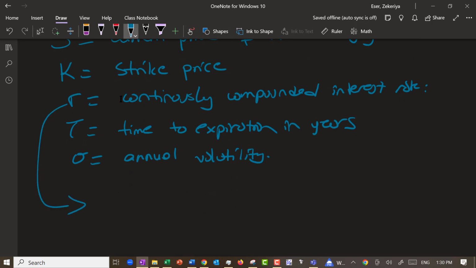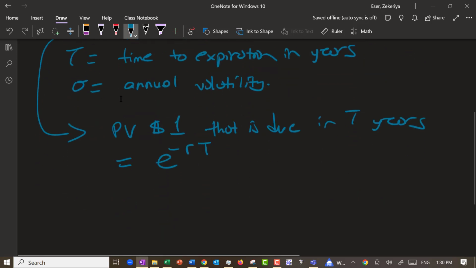Here is what we mean by this. The present value of $1 that is due in T years is equal to e to the negative RT. So if you have a regular interest rate, to figure out the continuous compound rate, all you have to do is solve that equation for R. If you call this PV1,